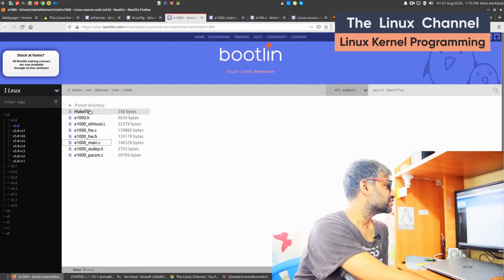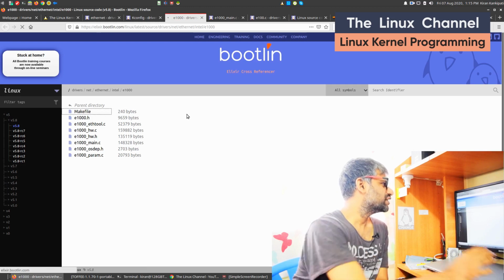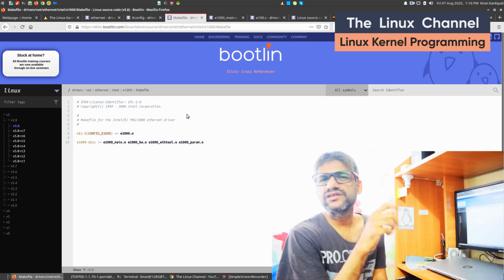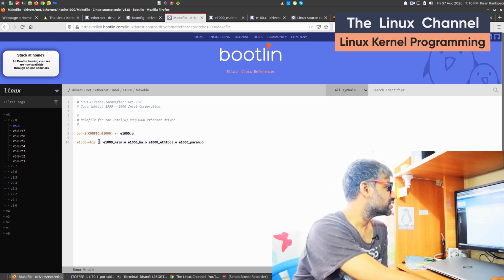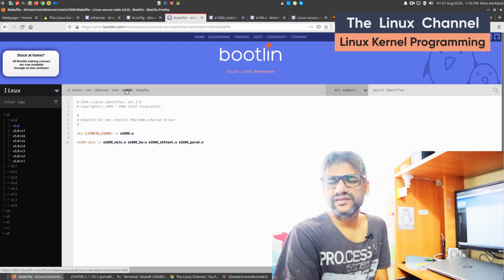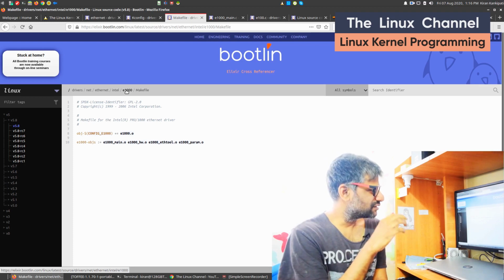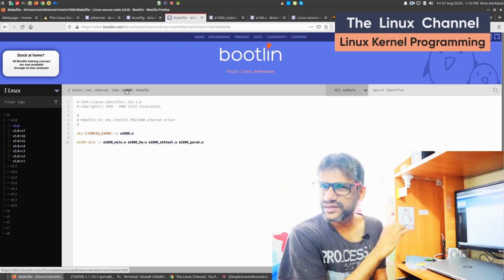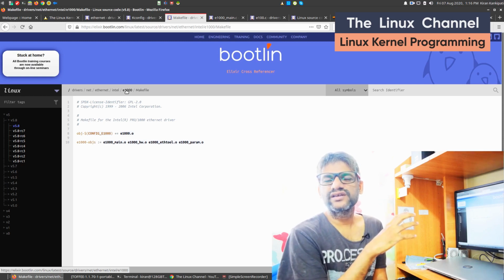Okay, so you can see there the makefile. If you open it, the makefile instructs what files are to be compiled, what C files to be compiled. So makefile has this type of structure. Unlike a user space makefile, we define some more things in the kernel, in the lowermost hierarchy like these makefiles. It will be quite simple,